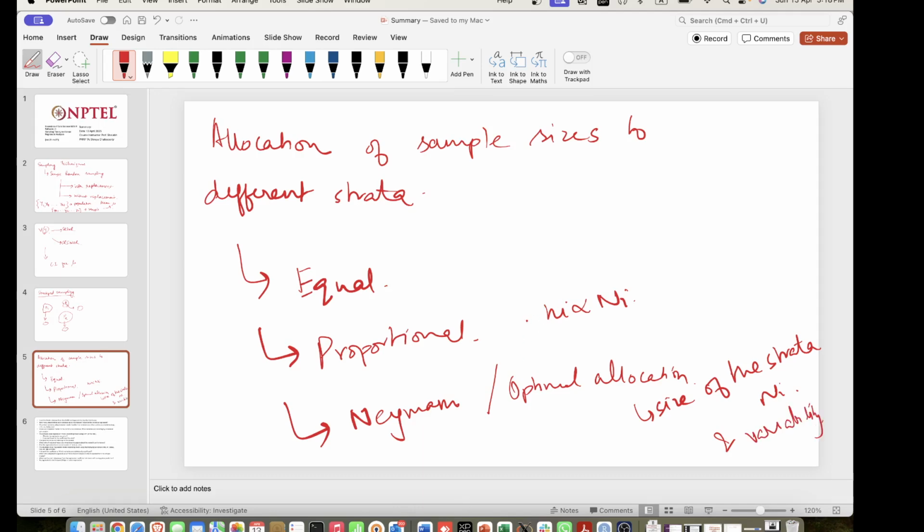In proportional, we only consider the size of the strata. So we learned how to allocate different sample sizes to different strata,